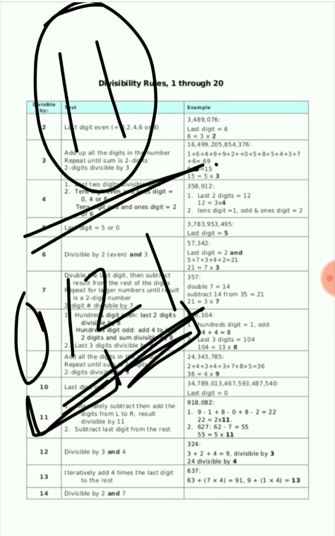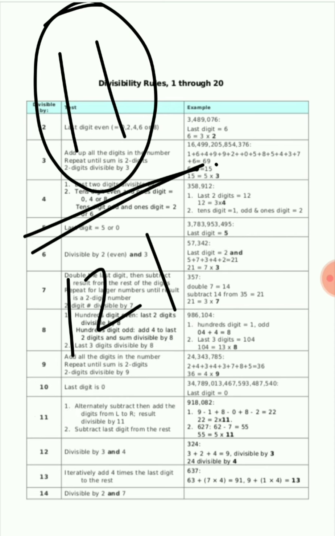If there is an even number of digits, no need to put 0. If there is an odd number of digits, we need to put a 0 on the leftmost side so that we can couple the digits. Now we add the couples: 01 plus 21. This is 22. Is the sum divisible by 11? Then the given number is divisible by 11. This is divisible by 11, so this number is divisible by 11. This is method 2. And there is another method to check.